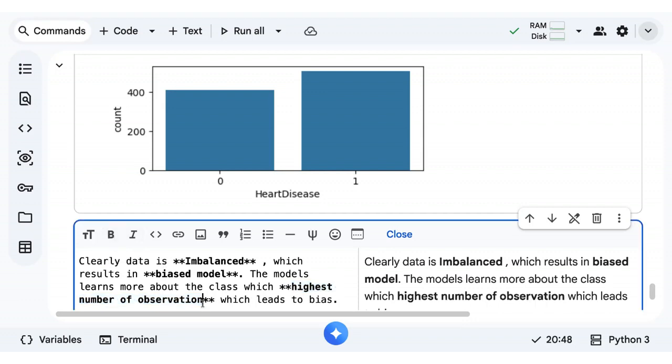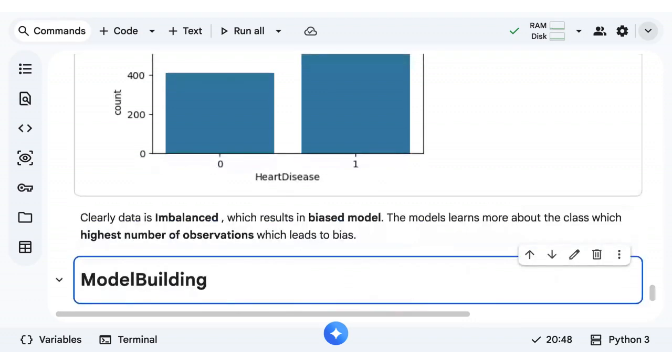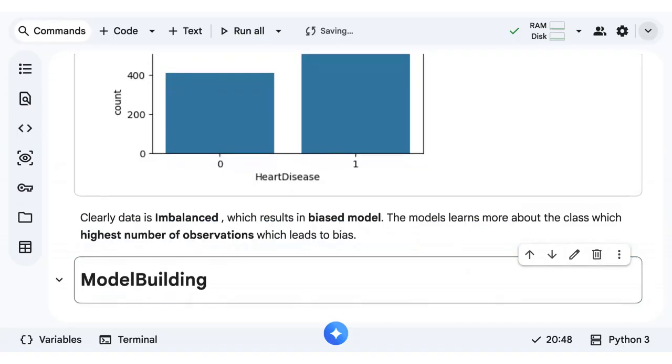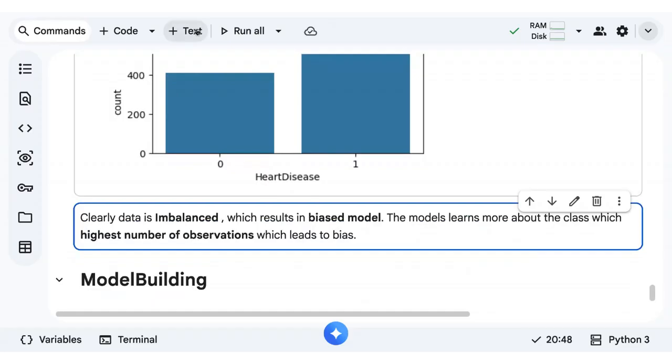It learns more about that class, which leads to bias. Which is actually wrong, because everything is going to be predicted as high risk of heart attack. So that's the reason we have to balance it. Now the question is how to balance.